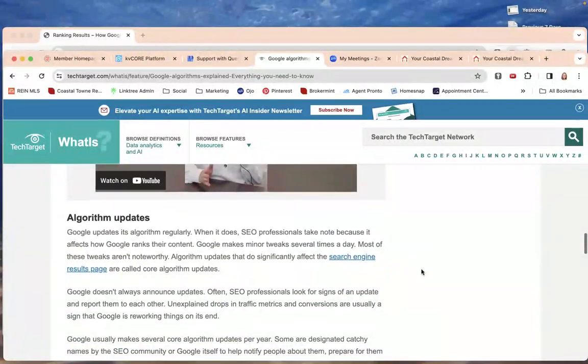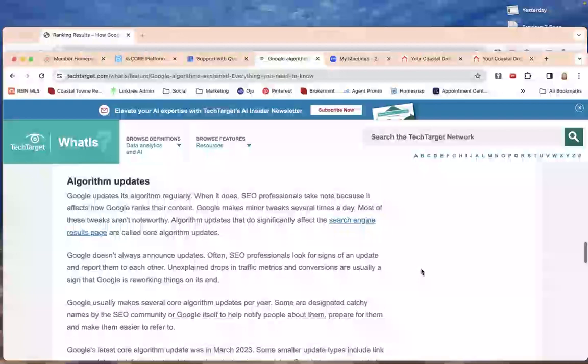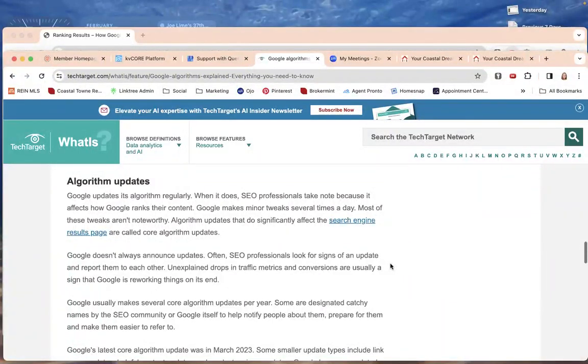So those are all things you want to pay attention to. This goes over the algorithm updates. So again, it's hard. I'm a very tech person. I went to school for web development, have my degree in computer science, managed and repaired computers for over a decade. I have a lot of experience in this, and I still have a hard time keeping up with all the